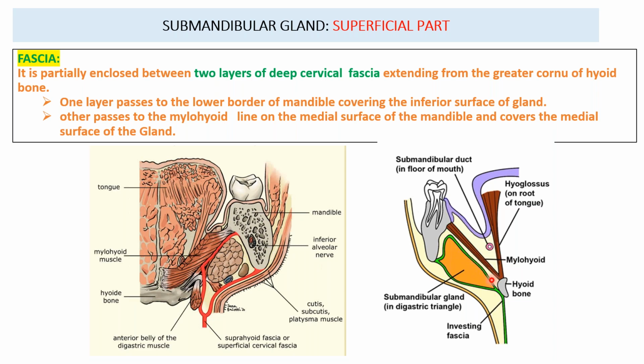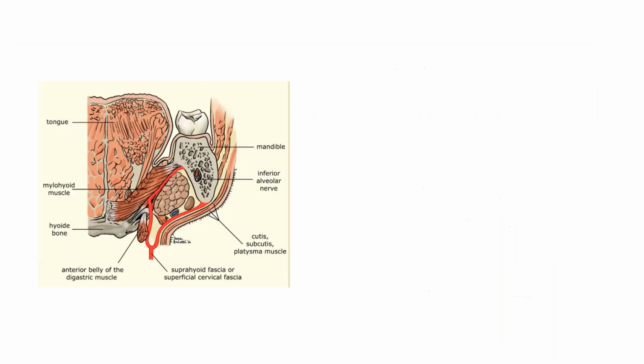Okay, so this is the medial surface of the gland, this is the inferior surface of the gland, and this was the lateral surface. So this is all covered by the fascia, and ultimately it reaches the mandible. This is the fascia which is covering the mandible over here. So this fascia is covering its medial and inferior surface, excepting the lateral surface where it is lodged. So this is the area of attachment of the deep cervical fascia.